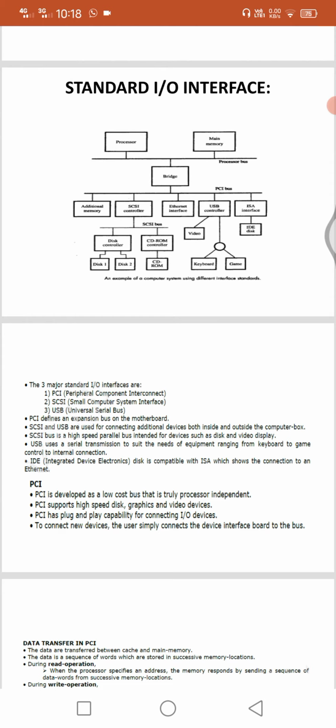Here also we need to improve the performance. To improve the performance, we create more connections. We need to extend. That's why here we use the PCI bus and SCSI bus. If you take the example of USB, with the help of USB we can extend the memory. Like that, some extensions are required. For that purpose, with the help of a bridge we extend the possibility.